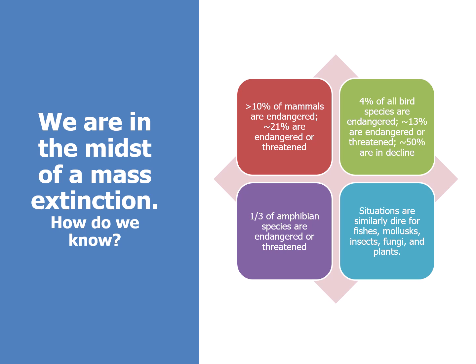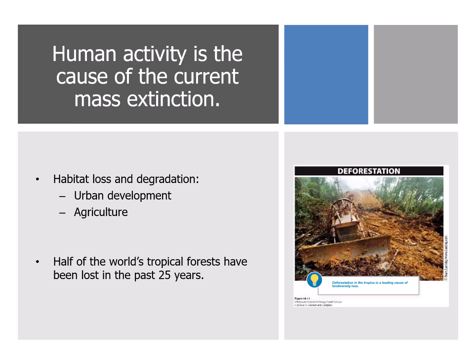Let's talk about what's happening to them. All right, it's us. Big surprise. It is human activity causing this current sixth mass extinction. And a lot of it has to do with habitat loss and degradation. And this is going to be caused because we want to develop areas for people to live, as well as develop areas to make food for the very massive amount of people that live on this planet.